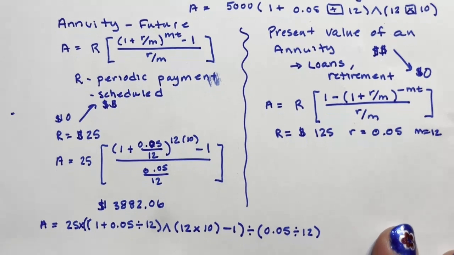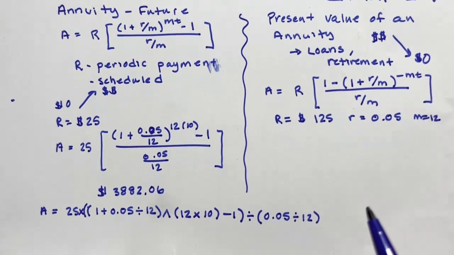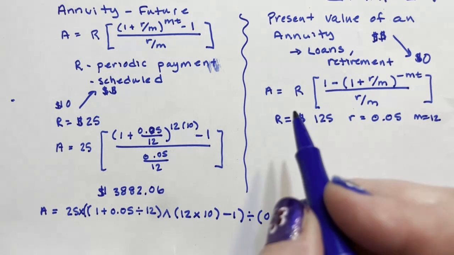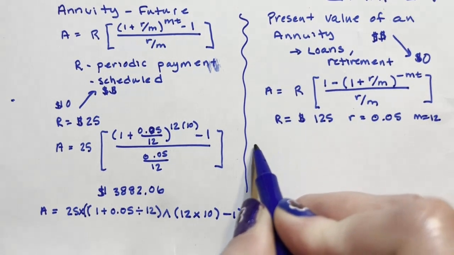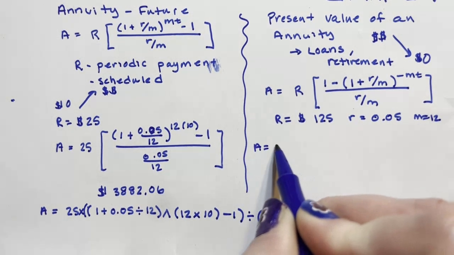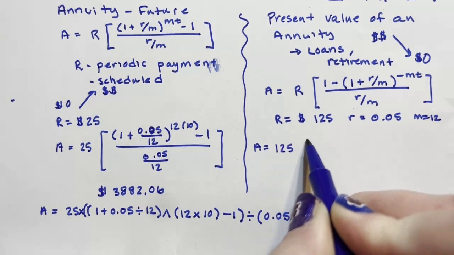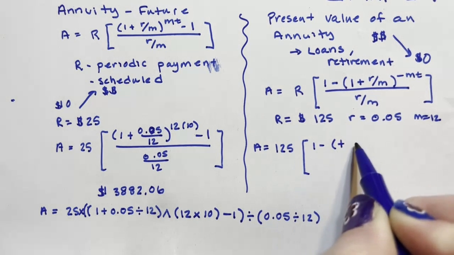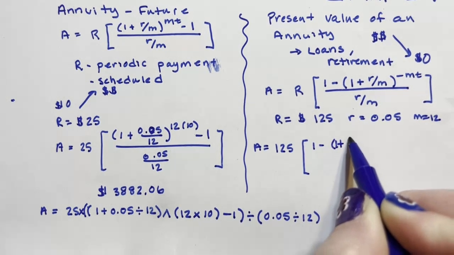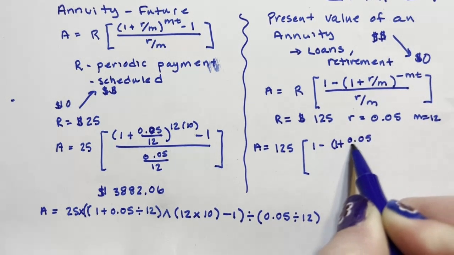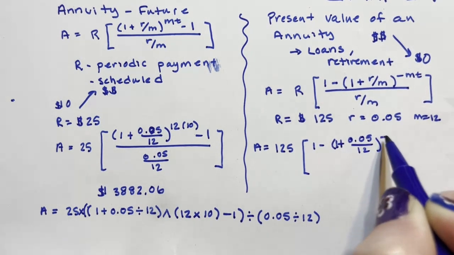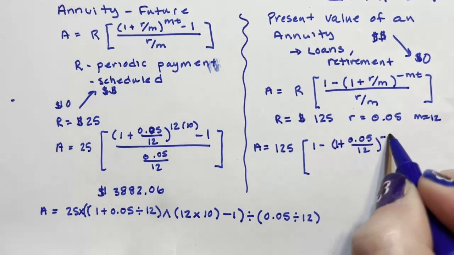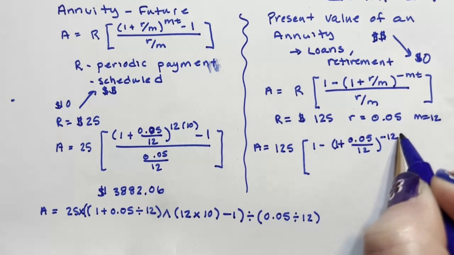So we have A equals $125, 1 minus 1 plus 0.05 over 12 to the negative. That negative is often what is missed. 12